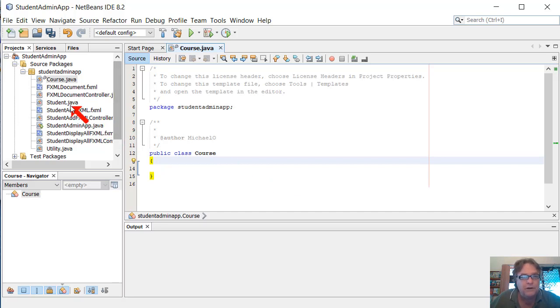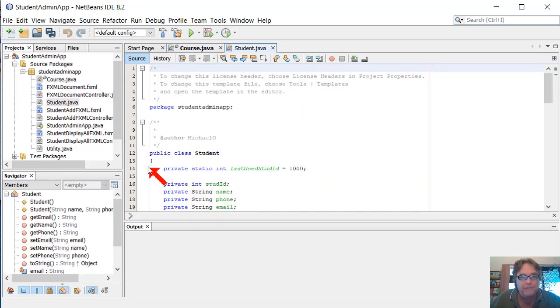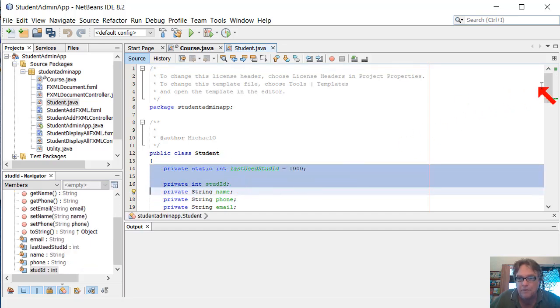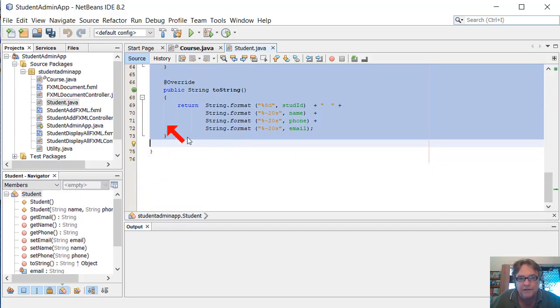Let's have a look at our student class, and let's copy everything in that. Everything but the public class student. So we'll copy down to the last, inside the last closing brace there, and we'll copy everything. Let's just make it easy on ourselves. We've written the code. If you want to write it from first principles, you can, but I'm going to copy